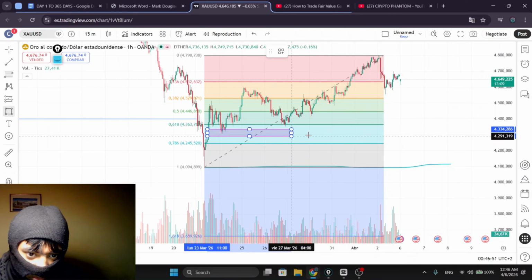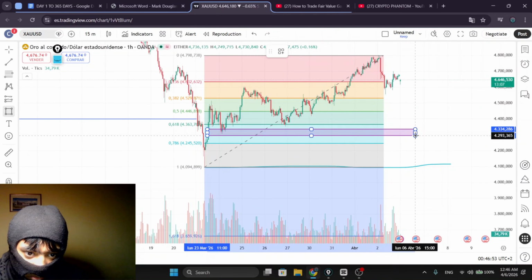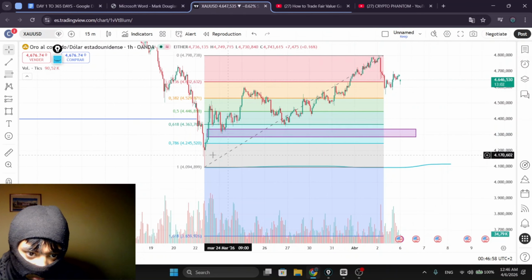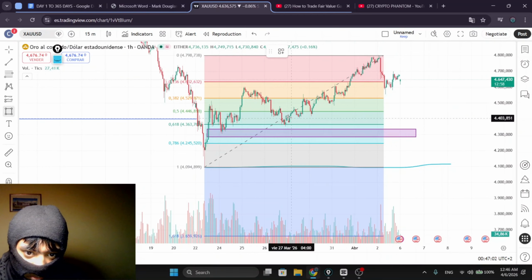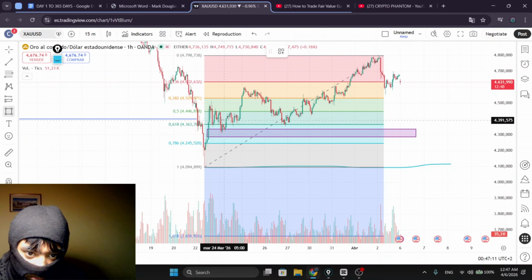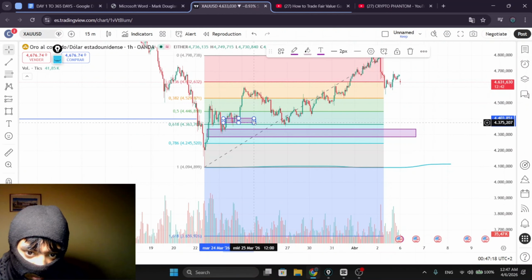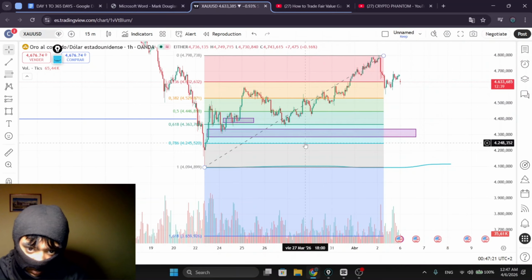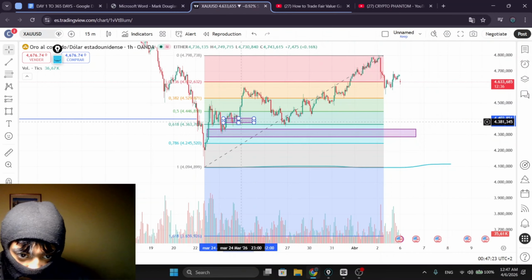We got here. This is a mitigated fair value gap, so it doesn't work. And another one is this one. Okay guys, as you can see